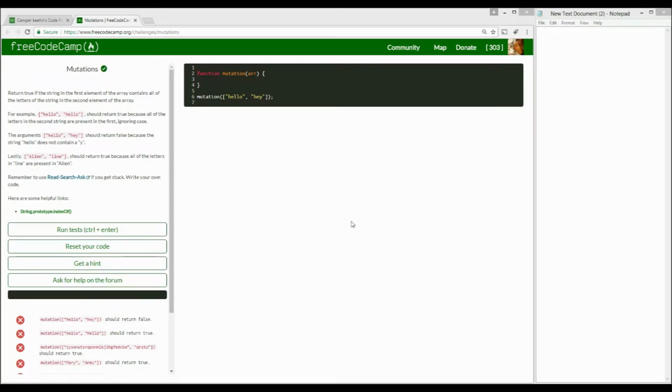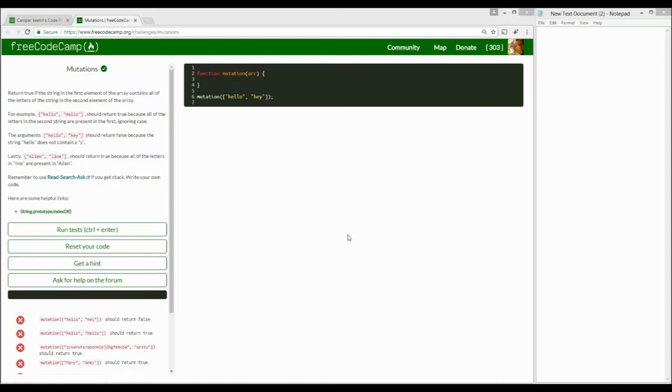In this video, we are going to talk about mutations. This is one of the assignments in Free Code Camp, JavaScript algorithms. So what they want us to do is write up a function which is going to take an array as an input with two elements in that array. And all we got to do is compare the second element's each character and make sure all those characters are